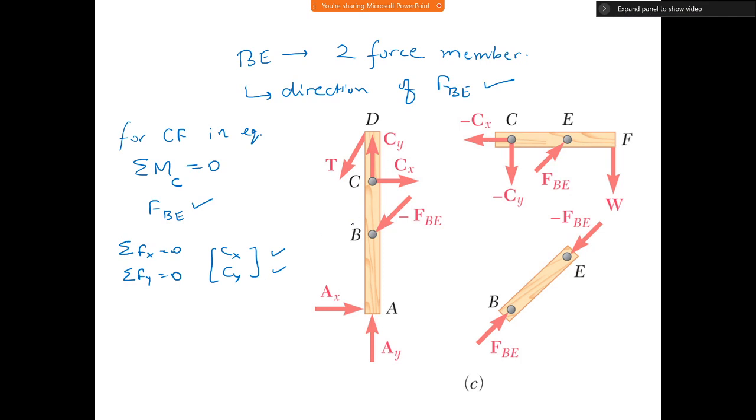Now once Cx and Cy are known, then I'll go to body AD. For body AD, of course now everything is known. If you go to body AD, you can do a cross check on reactions Ax and Ay, whether they are satisfying the equilibrium condition on reactions and the tension, and you will see that yes, it ends up satisfying the conditions, right? So this was a very simple problem, and that's the method by which we can solve this.